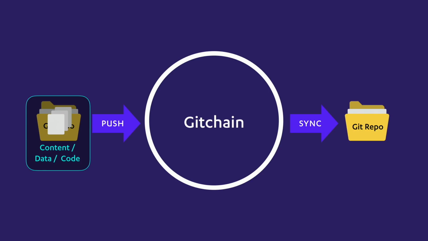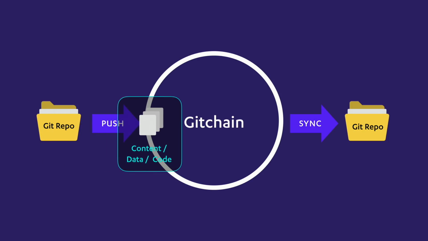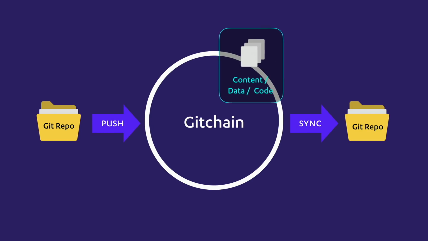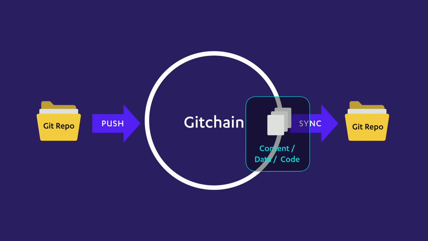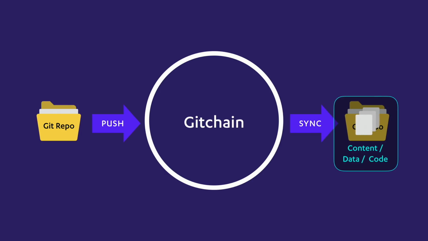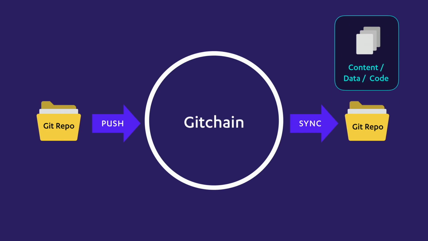But let's say you want to make this set of things, your website or your proposal or your data set, available to another person. Right now you have to upload it to GitHub, but with Gitchain, you can push it to Gitchain. Let's talk about what that is in a second. Then the Gitchain will carry the whole bundle, everything that's in it, and allow another Git repository, another client, another computer, another server to download all the information to recreate the content, data, and code and have it show up on the other side.